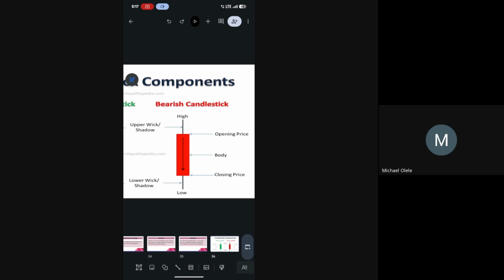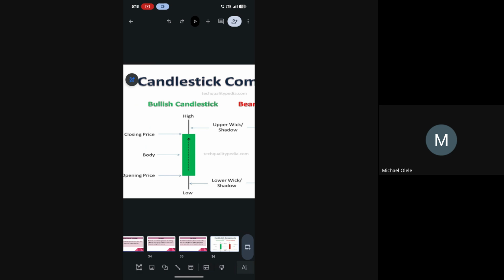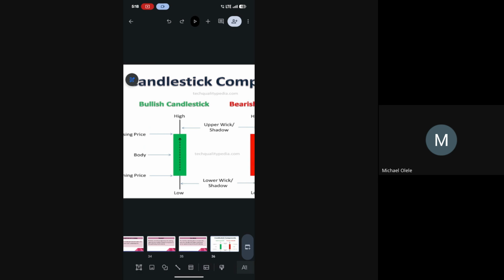In this digital trading world, both the bullish candle and the bearish candle are the very candles we use as a visual representation of the action between the buyers and the sellers. So it is very paramount we understand this. Like I said, bearish candle means we are going down. Bullish candle means we are going up. And just as you can see on my screen here,